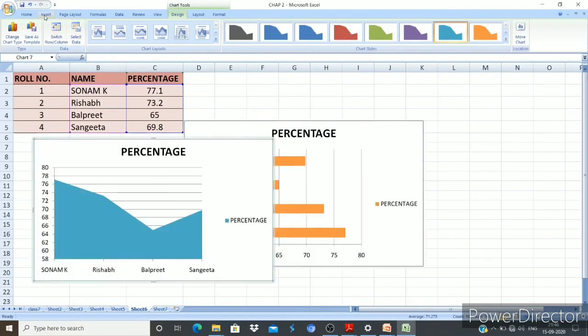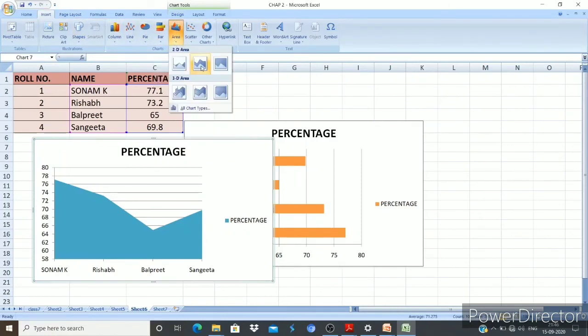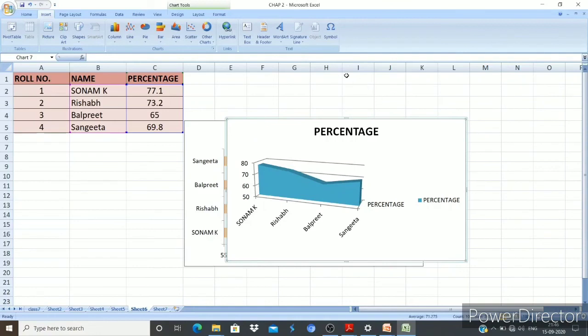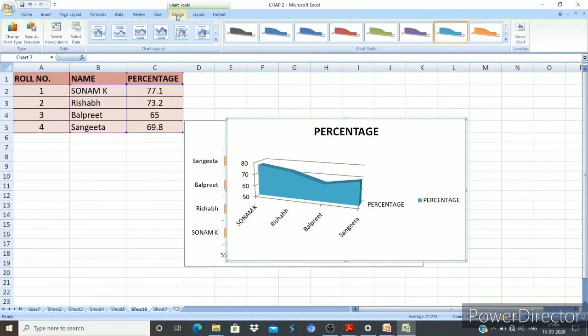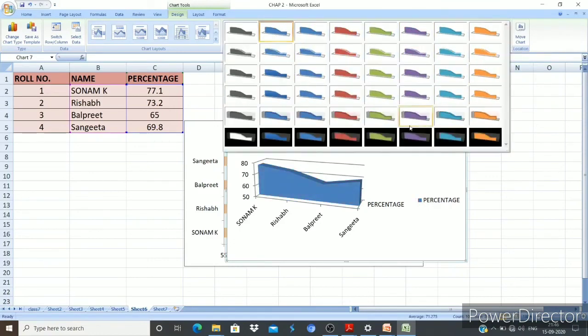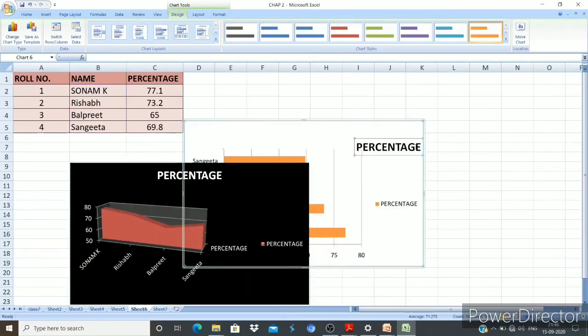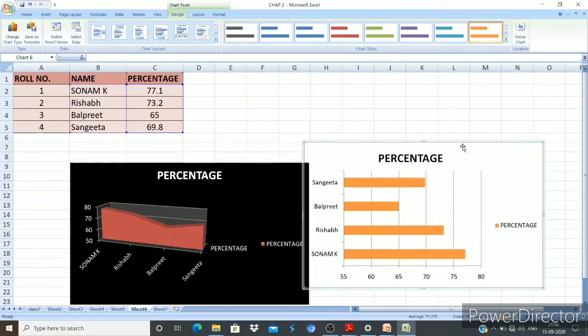Okay, if you want to check the area chart in some other style, you can check here. Clicked here, see this. So this is another design of the area chart. So after clicking on the design bar, okay, and clicking on these different colors, you can choose here. Okay, so this is how you can insert the chart. I hope you are now well aware of the charts in Excel and how you can insert a chart in Excel. So after watching this video, you have learned how you can insert charts.